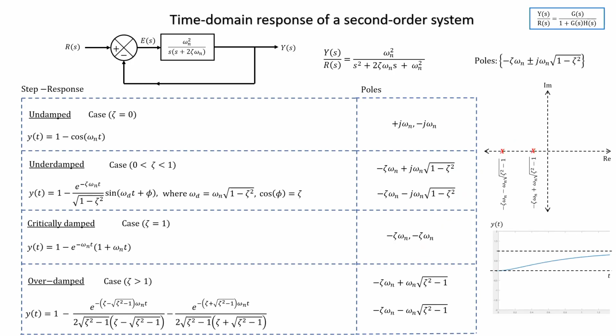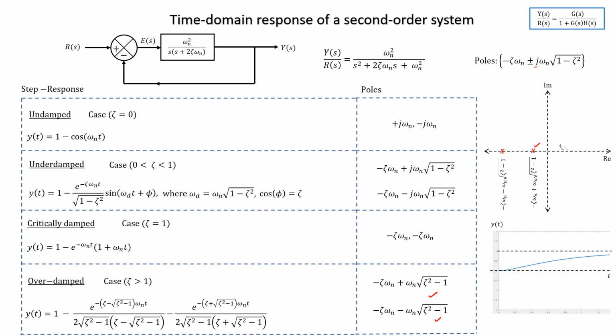And in case of overdamped, you will have both the poles on the real axis. Okay. So, if it is overdamped, then zeta is greater than 1, which means 1 minus zeta square will be a negative number. So, you can take out a j from there, and they will cancel out,